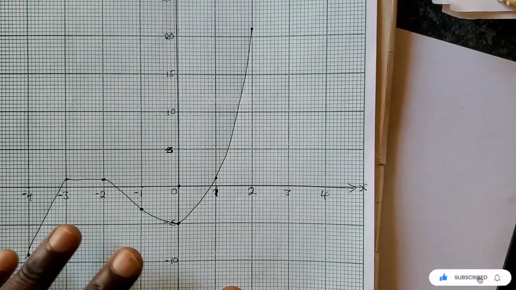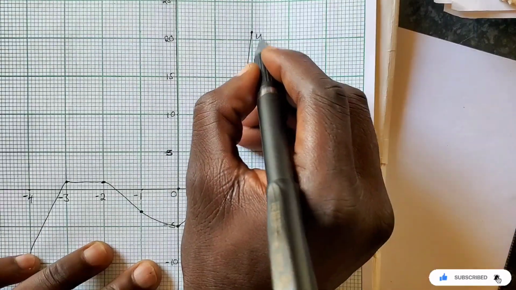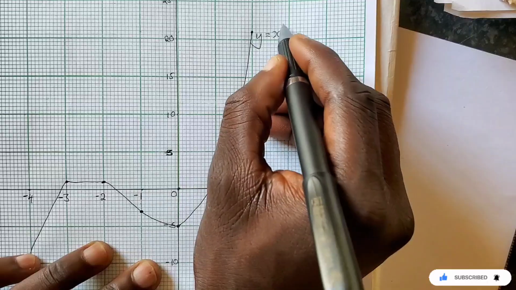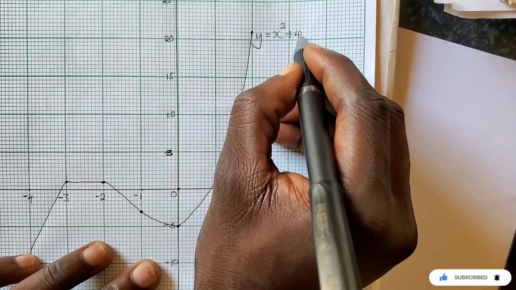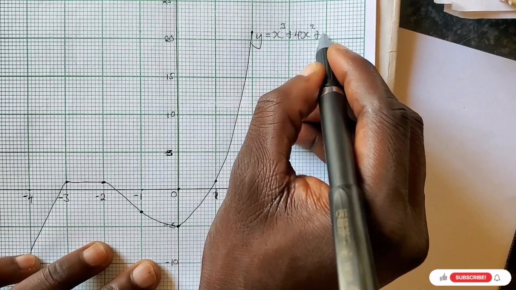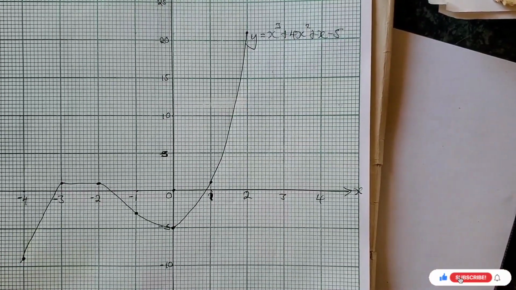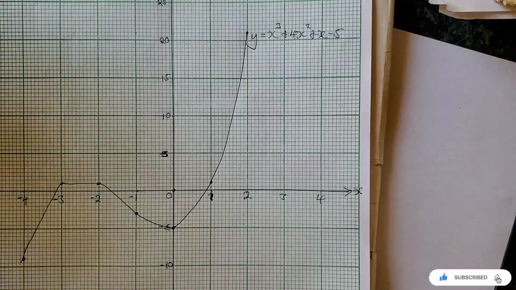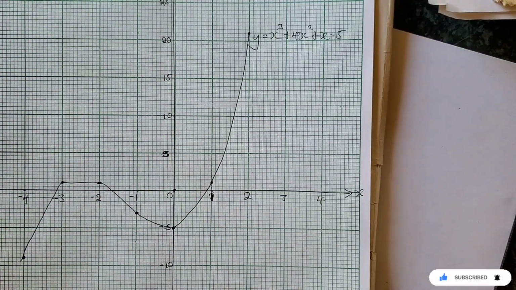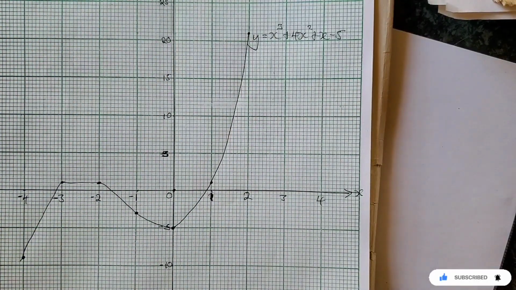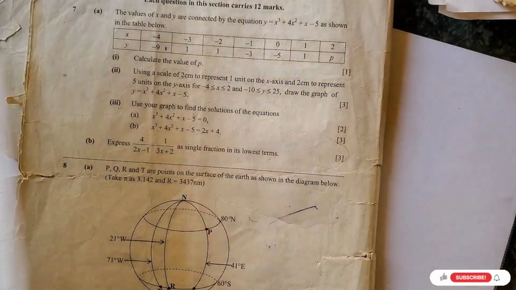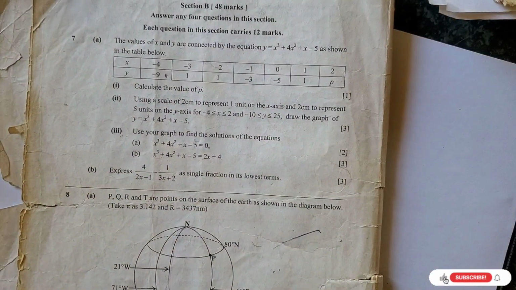Now, having drawn it like this, you can write: y equals x cubed plus 4x squared plus x minus 5. And this is 3 marks. So we've already done the first one. So this is 4 marks together, in total. The next question is saying, using the